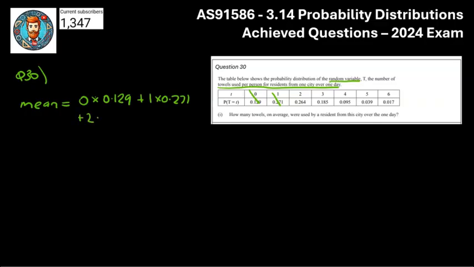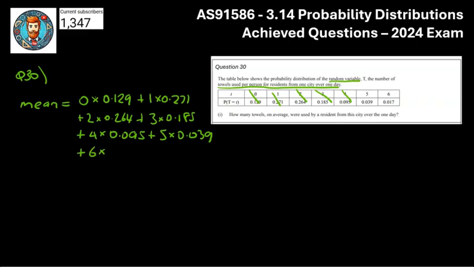Then plus 2 times 0.264, plus 3 times 0.185, plus, oh gosh, 4 times 0.095, and then plus 5 times 0.039, then finally plus 6 times 0.017. So I've used all that information now, and this is trickier, so I'm going to plug all of this into my calculator, and when I do that, I'm going to get